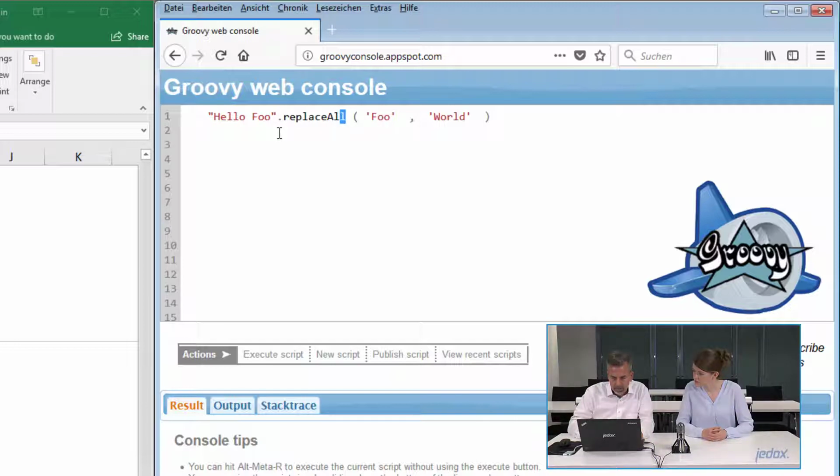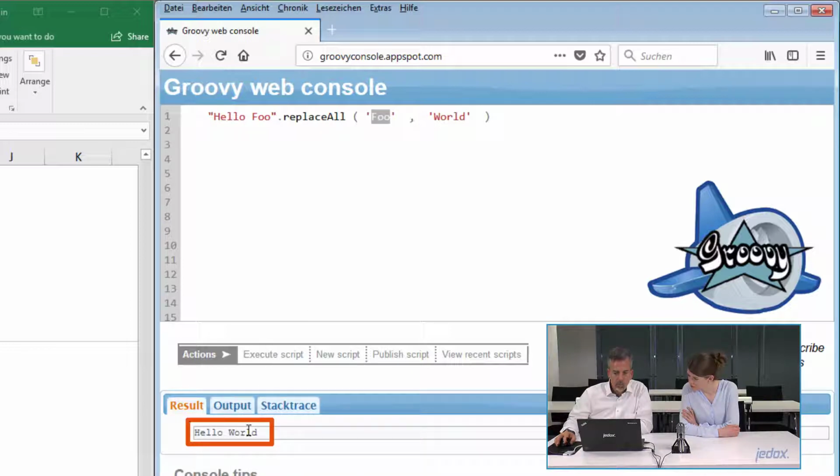And be careful, this is case sensitive. So this identifies the method tied to the string object, and we can replace with the parameters foo. So we are searching foo, and then, separated with a comma, with what? In this case, world. And when we execute the script, you get hello world. So this is a simple possibility, directly given from Groovy. So dot replaceAll, case sensitive, and then we have the parameter what we are searching for and what we want to